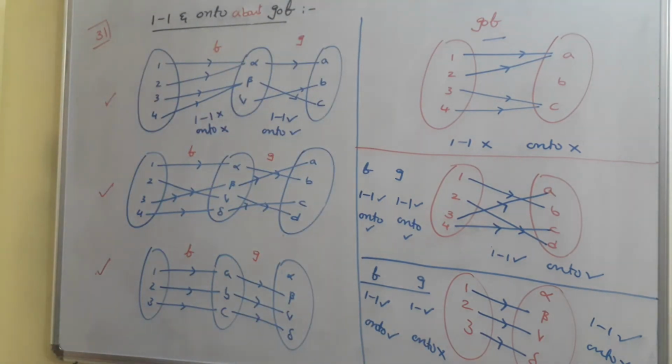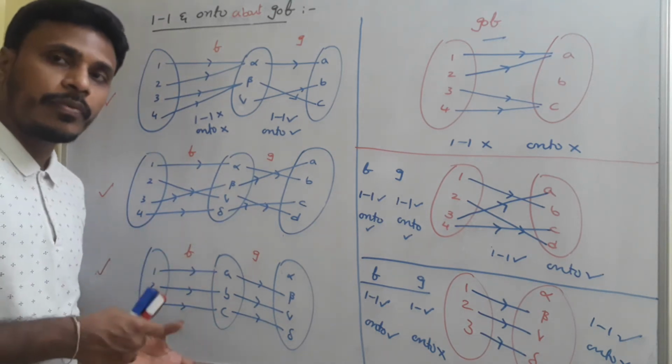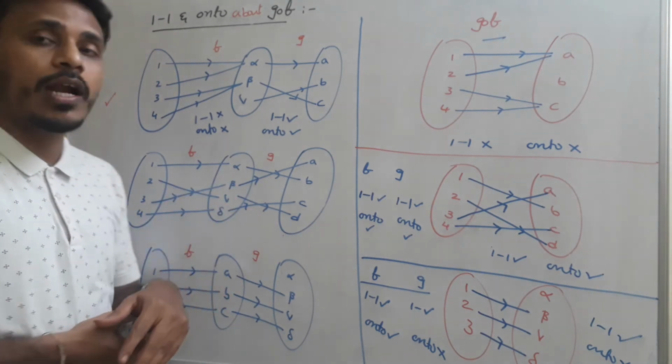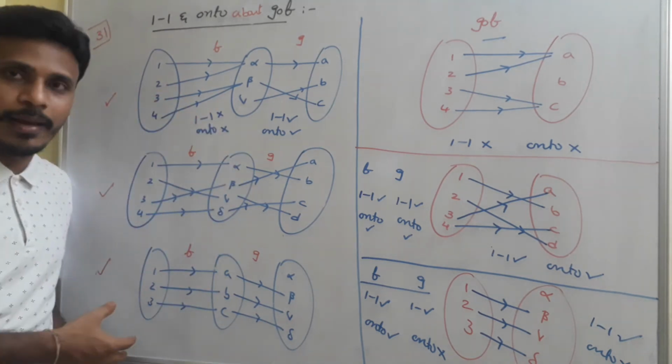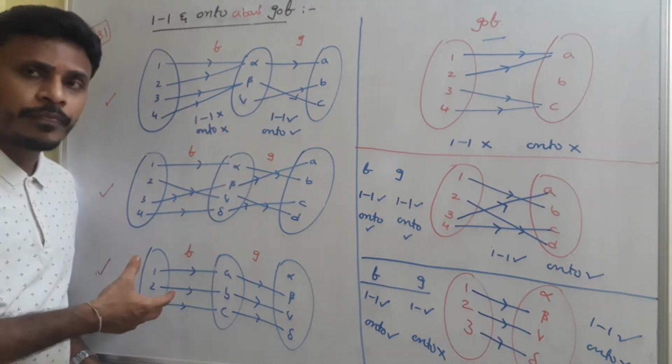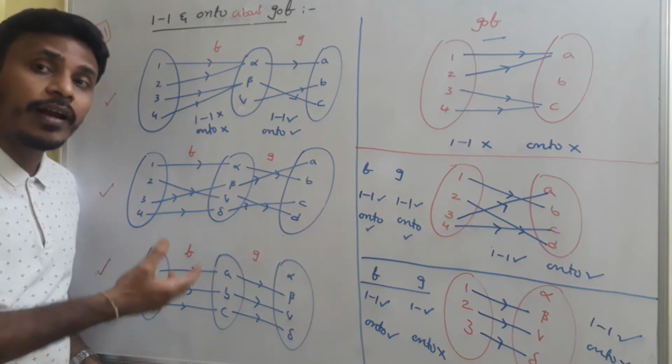Just have a look at different situations in different examples. We constructed G circle F from F and G. Depending on the 1-1 and onto nature of F and G, we need to think about the 1-1 and onto nature of G circle F. Likewise, I mentioned three examples, and we can construct different examples.